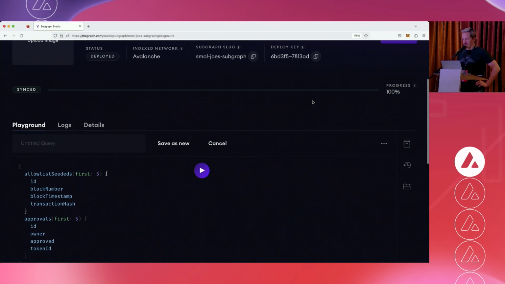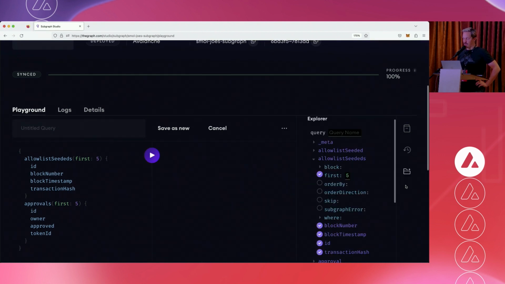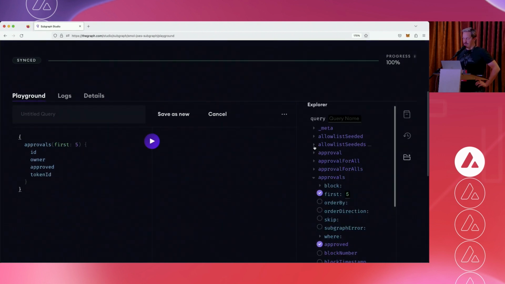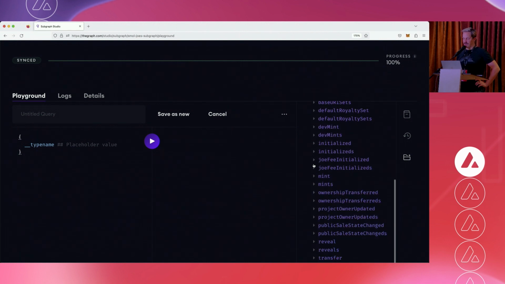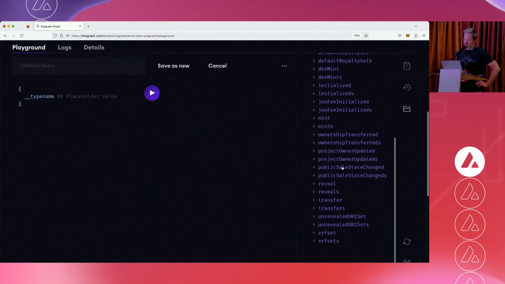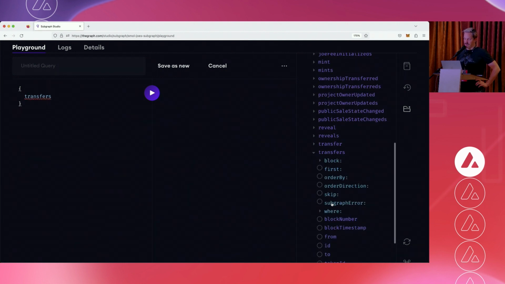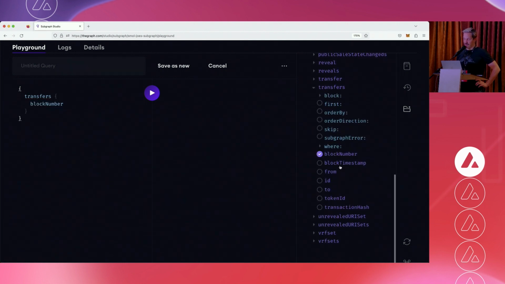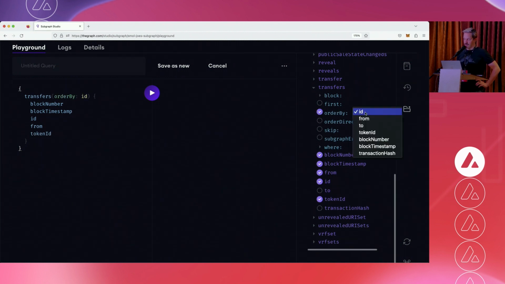So here we have a Graph Playground. On the right, we can open up the Explorer. And that's the beauty of GraphQL: because it's so heavily typed, I can just start to explore it by myself. So we can again look at transfers. Let's see the transfers, which block number, from, to, which token IDs, then maybe order by block timestamp,